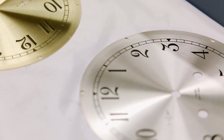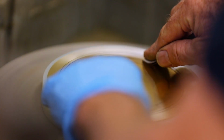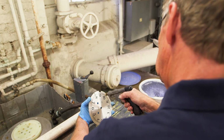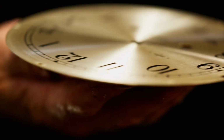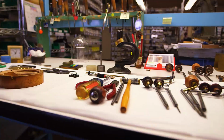That's done by Dennis, not Bob. I like a pretty face. I'm a sucker for a pretty face. First, he smooths the face using this potter's wheel, then applies a special silvering compound. Perfect. Nothing is perfect, as we all know, but as close to perfect as we can get. Almost perfect. The clock is now ready to be assembled, so the dial, together with gears, and the remaining